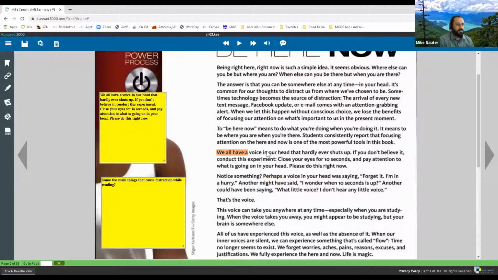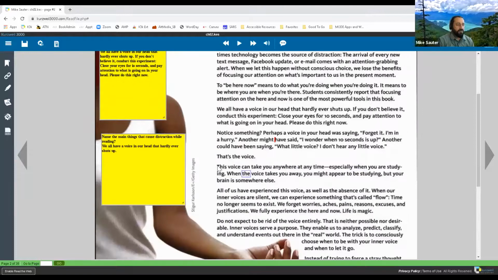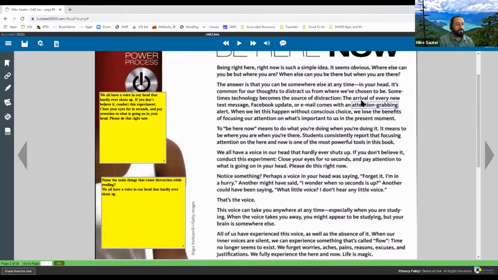We see here, oh, there's a voice in our head that hardly ever shuts up. I'm going to grab and drag that. Then we can say, oh, there is my phone. Where was that one? Phone, attention grabbing alerts, Facebook, text message. Yep, those all cause me to be distracted when I read. So I can grab those as well.